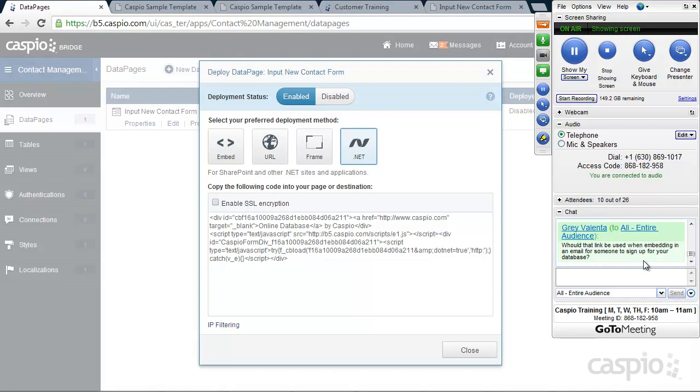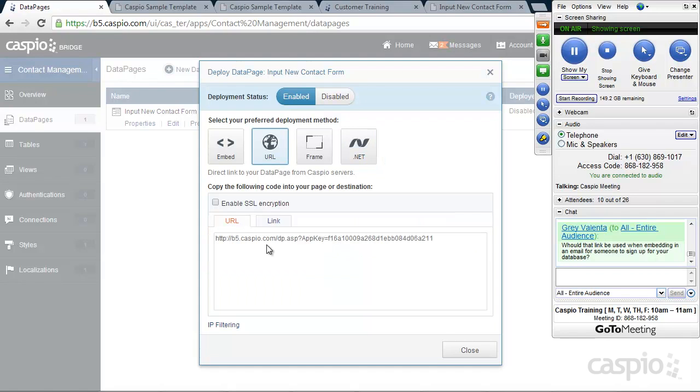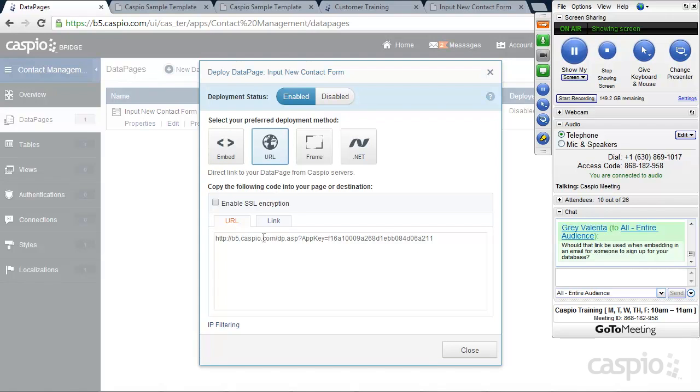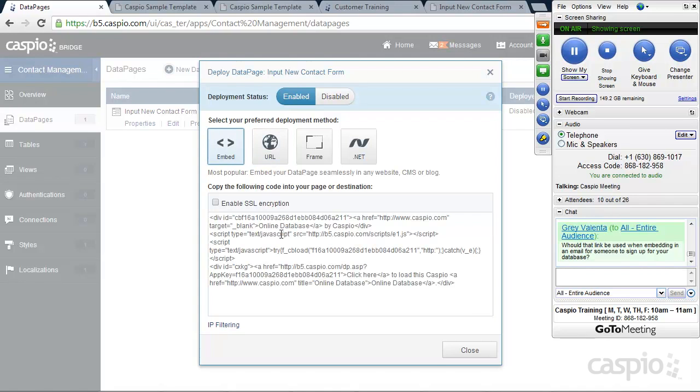The question is, would that link be used when embedding in an email for someone to sign up for your database? So the only deployment option that's going to work inside the email is this URL. The user is going to have to click on this URL, and it will take them to the web page to fill out the form. You cannot use the embed code inside the body of the email to display the form inside the email itself. So you will have to use the URL. Does that answer your question, Gray? Hopefully. Another thing that you can do inside the email, if you embed the form into your actual website,